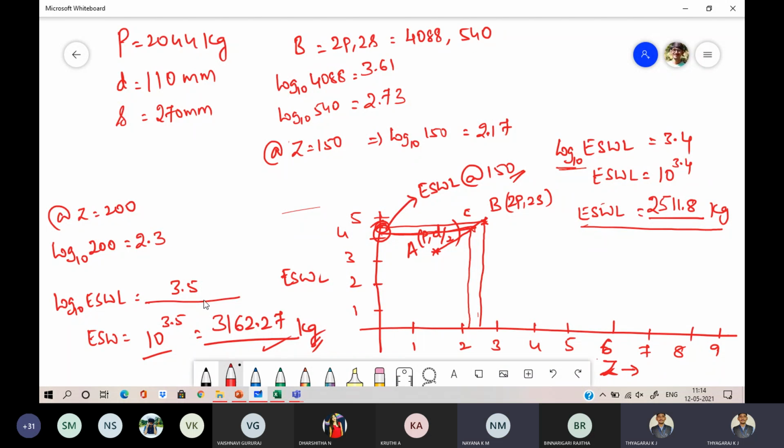Yes, sir. Okay. Now, those who are using log graph sheet, I think you have a log graph sheet, right? Darshita has, sir. I think you know how to plot on the log graph sheet also. Yes, sir. So the same values you have to take on the x-axis, and whatever values they have given, you have to take these values directly. No need to convert to log when you are using log graph sheet. Okay.